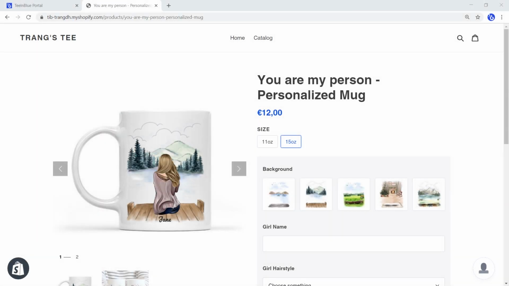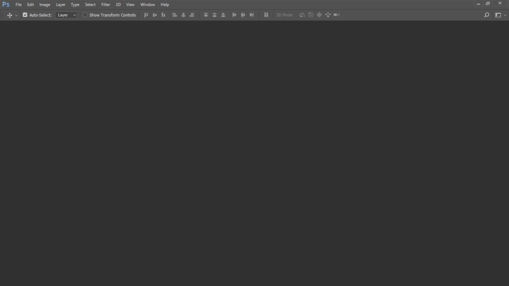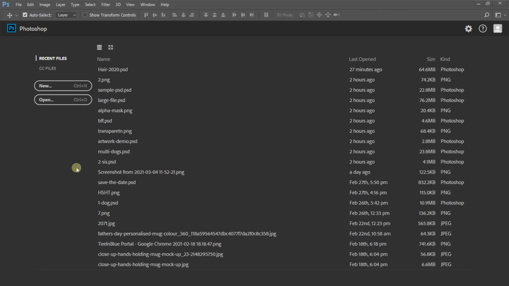In this video, we will see how to finalize clip arts in Photoshop. You can follow these same steps with other design software. Please be aware that this work will require lots of patience, but it will help us to save much more time later when creating artworks.